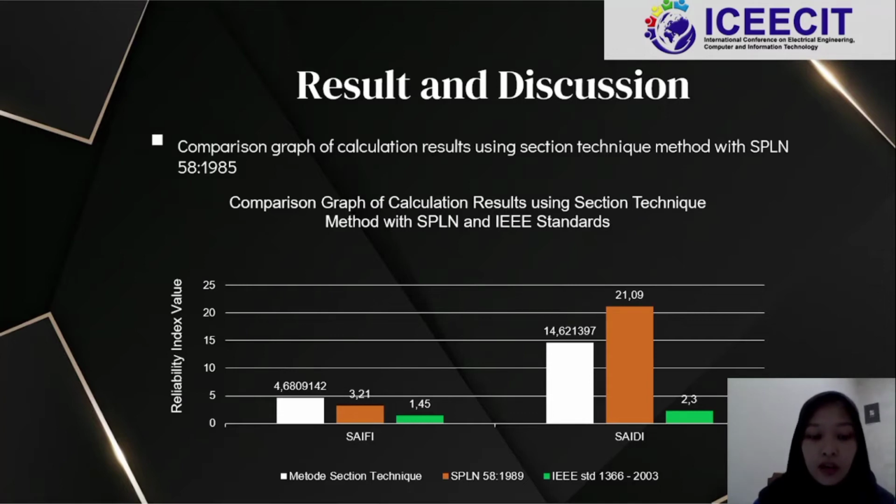From this graphic, we can see that SAIFI values exceed the maximum PLN standard and IEEE index limits. And from this graphic too, we can see that SAIDI values exceed the maximum IEEE index limits.